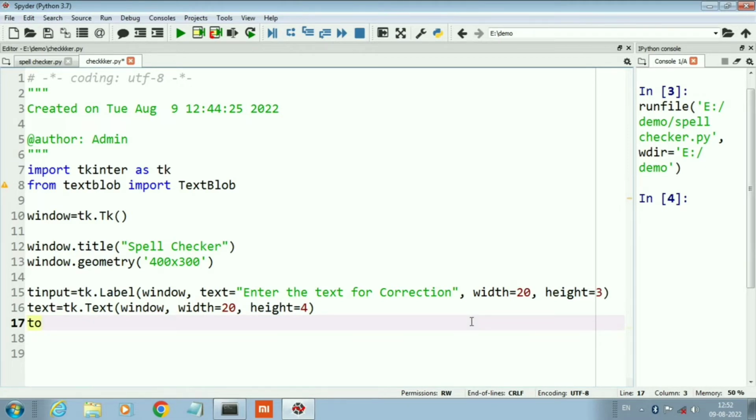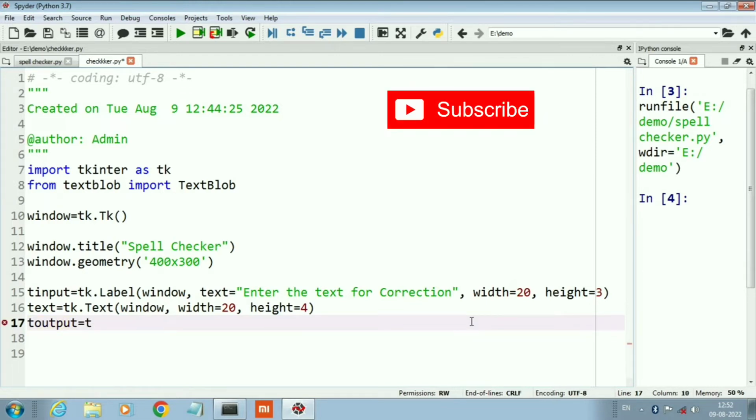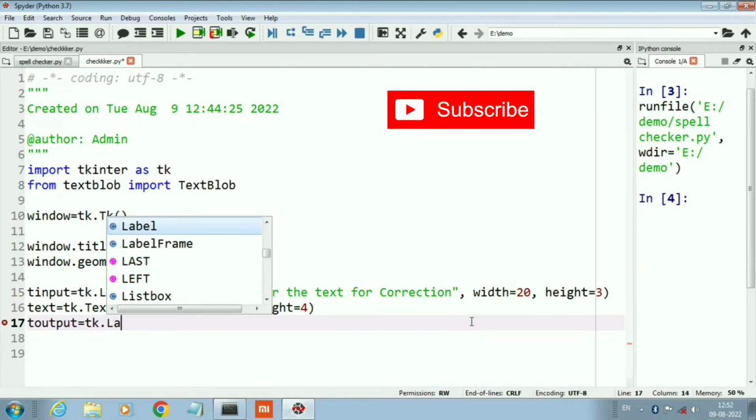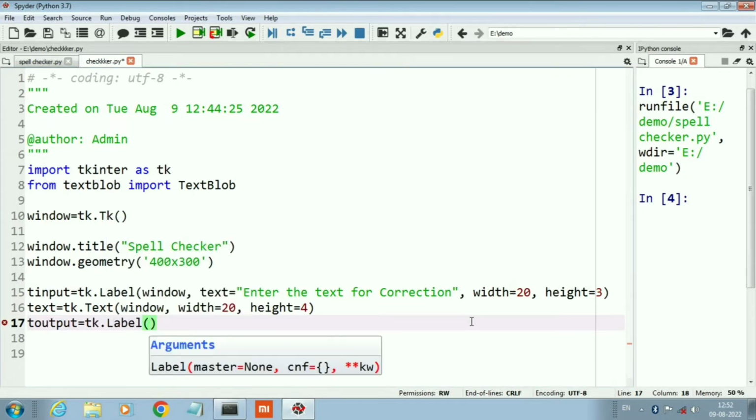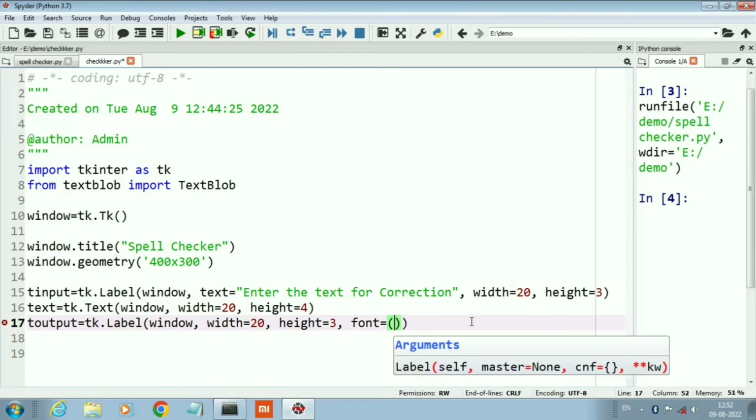Our third component is a label that will display the corrected version of our text. In this label, we are also formatting the font.